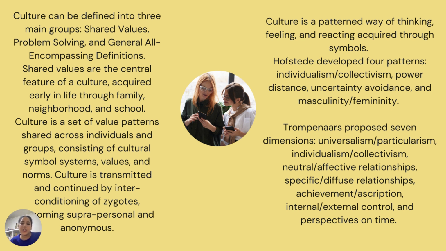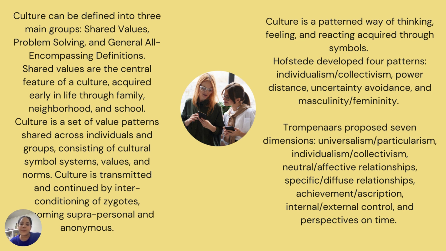Parsons and Shils in 1951 and Kluckhohn in 1952 view culture as comprised of three distinct aspects: the type of cultural symbol system, the type of standard values orientation, and the type of orientation action. So more like norms. And Hofstede in 1980 developed four cultural patterns: individualism and collectivism, power distance, uncertainty avoidance, and